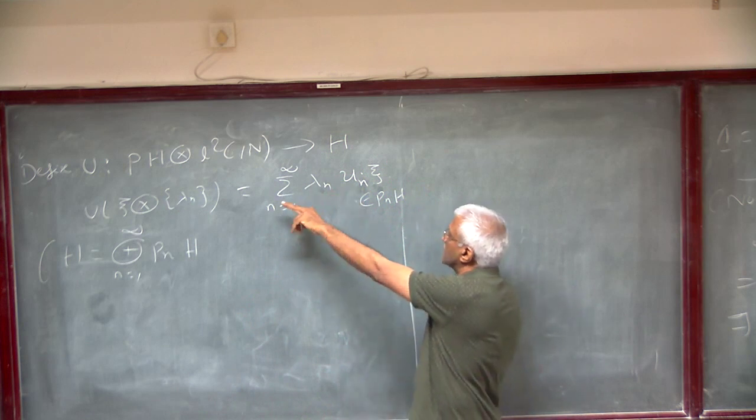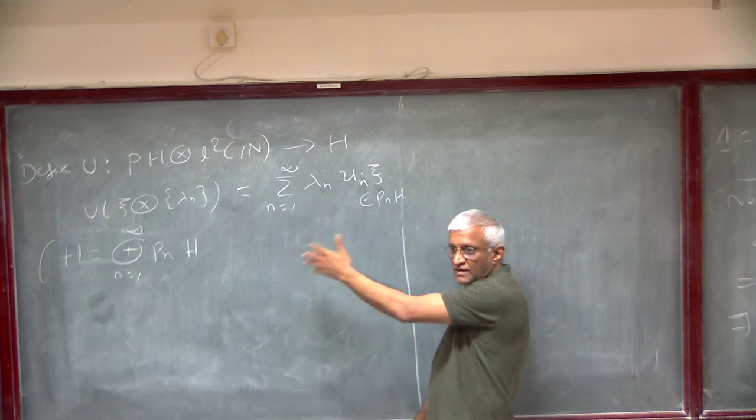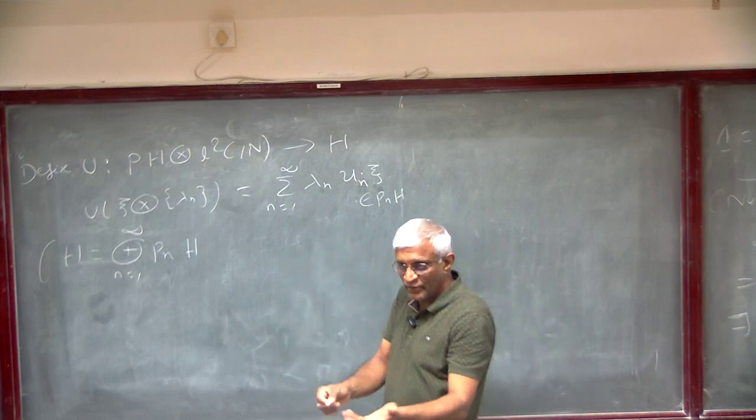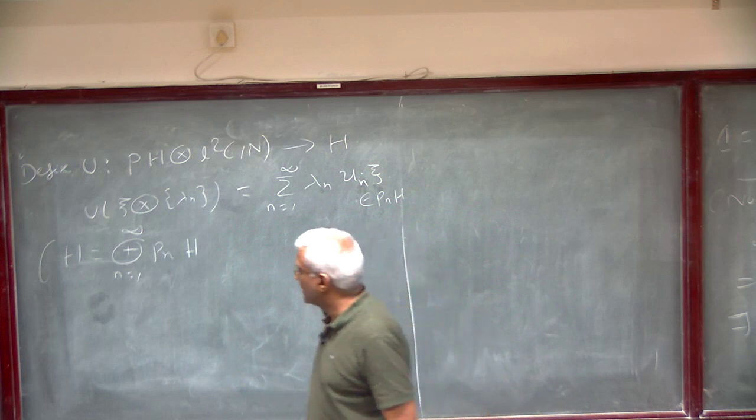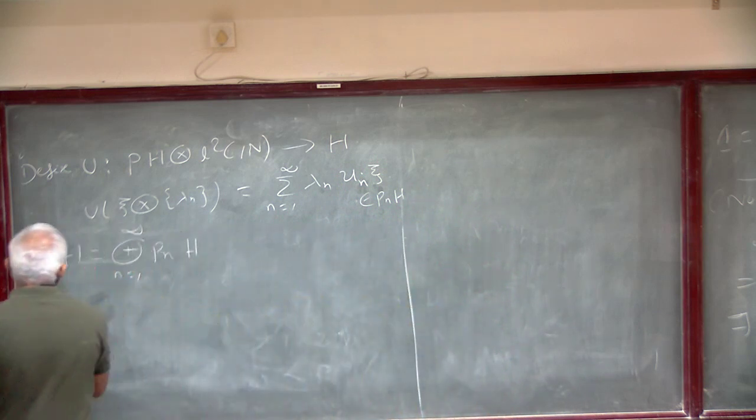Okay, so this is an orthogonal direct sum of that. And if we have done this for the type 1 factor, the same calculation will tell you that U is unitary. Okay, and you can see that U of